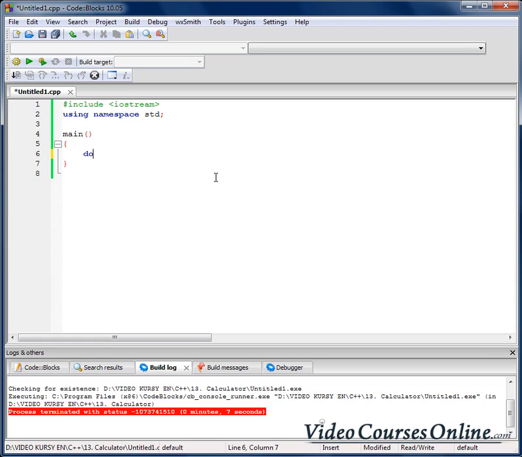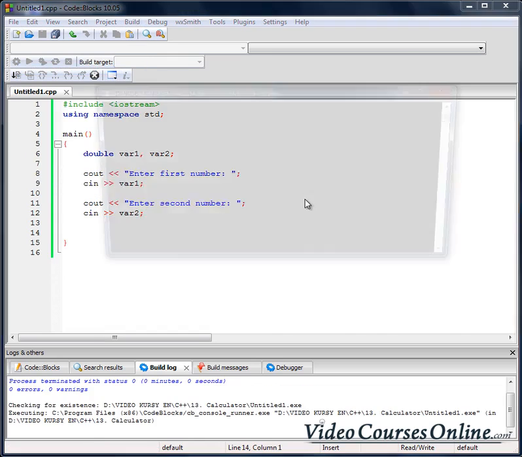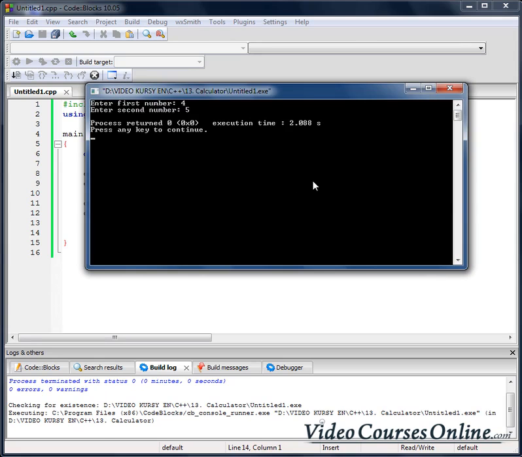and let's create two variables that will store our numbers, right? So double variable number 1 and variable number 2. And now let's ask for variable number 1, the user of our program. So enter first number. Let's ask for the second number also, and let's take it from the input like that. Now we can run it, and as you can see, we can type first and second number. Okay,